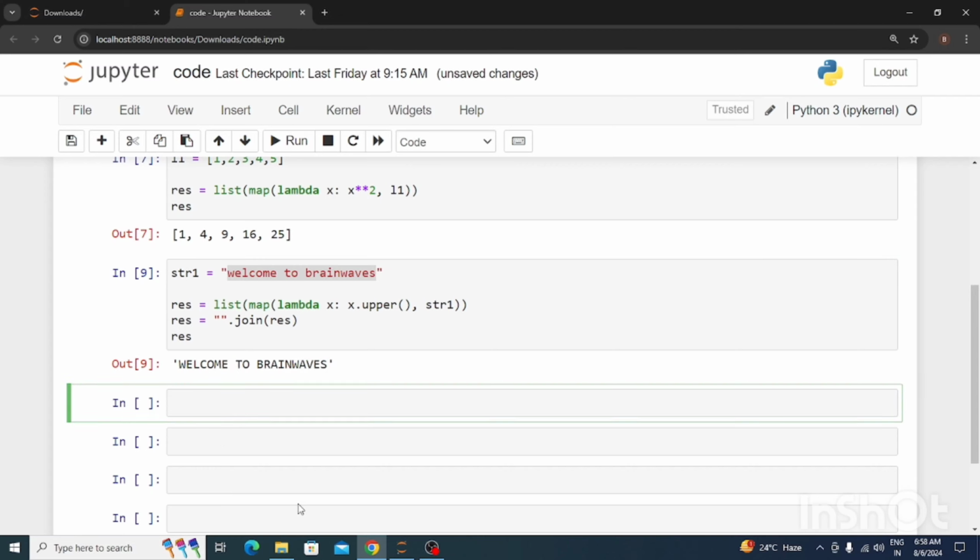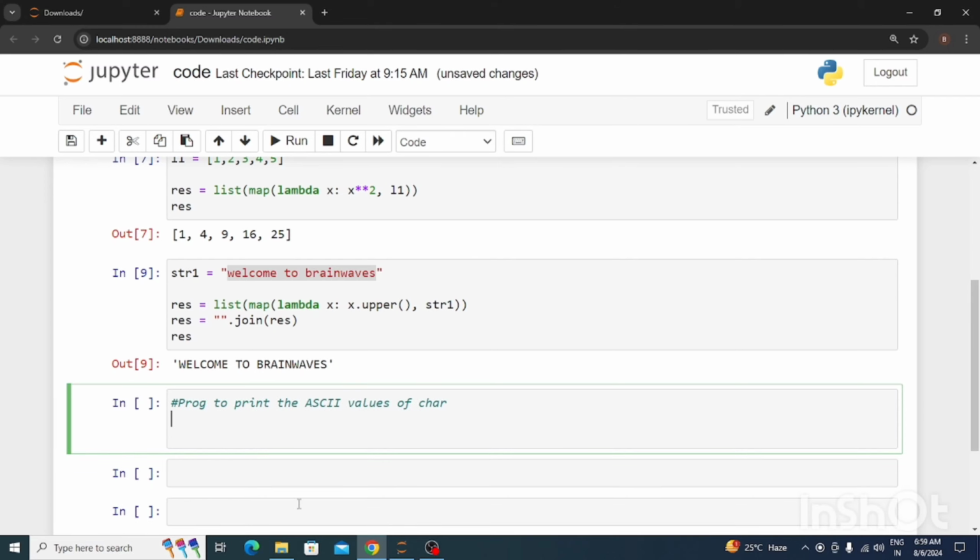Suppose I want to write a program to print the ASCII values of the characters. Here I am taking one string, so str2 is equal to, I am simply taking A, B and C. I am utilizing the map method. In this I am passing lambda x, and